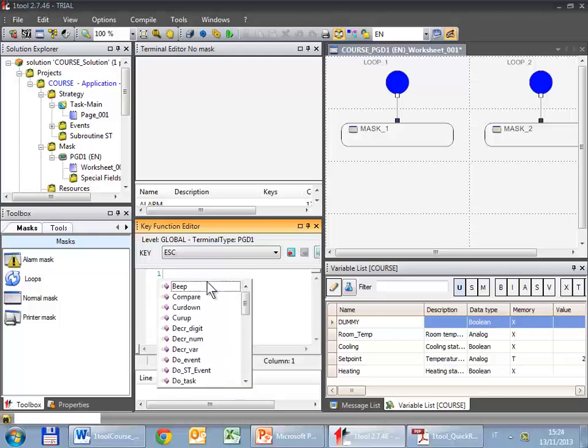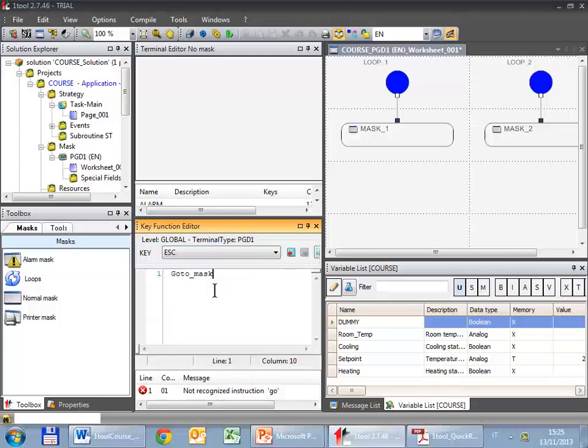Control space, as I showed you before, shows the list of all statements. After that, you can use the scroll bar to find the statement and double-click the statement, or you can just start to type the first letter of the statement, G, O, and so on, and then use the up-down arrows,